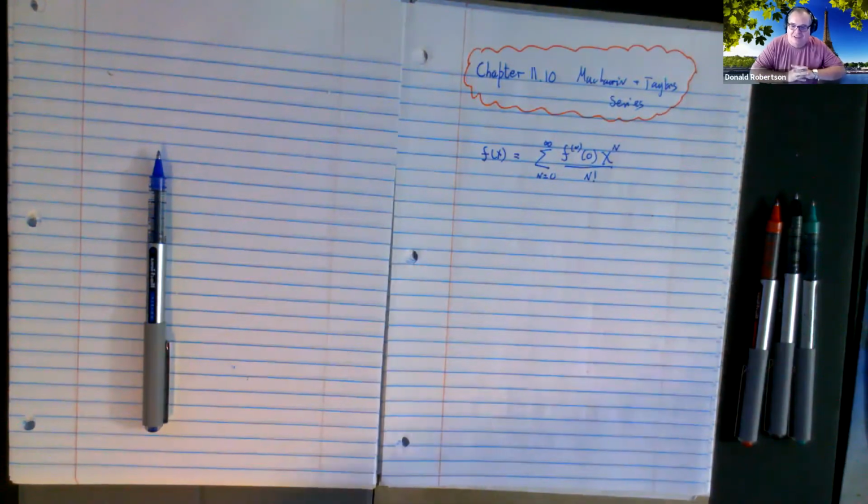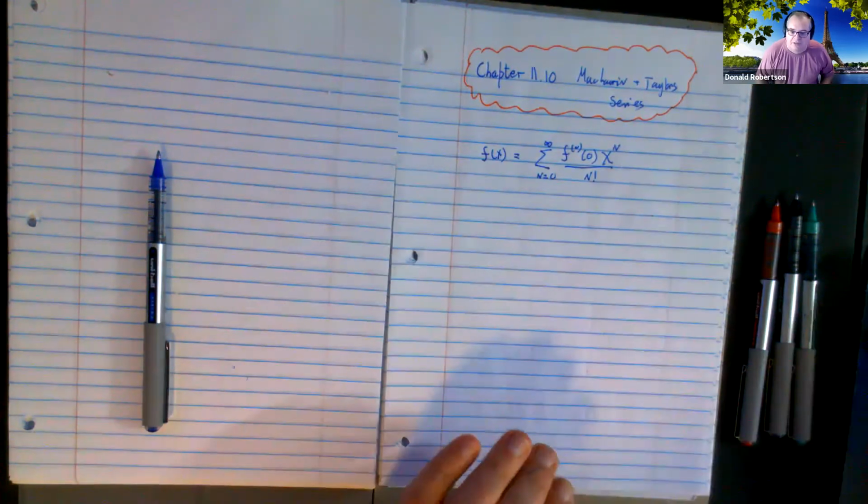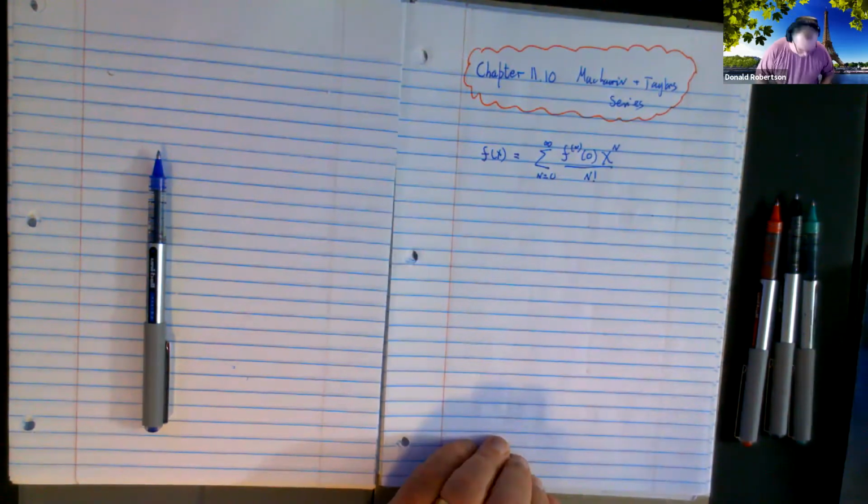Let's get started. We're in chapter 1110. We're going to be dealing with Maclaurin's and Taylor's series. 1111 also deals with them in a slightly different way. So I want to just get into this game. Let's start with question